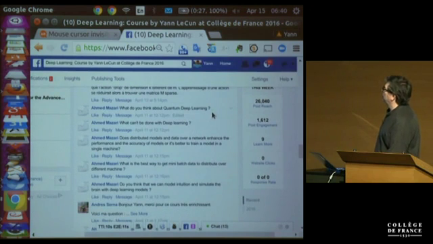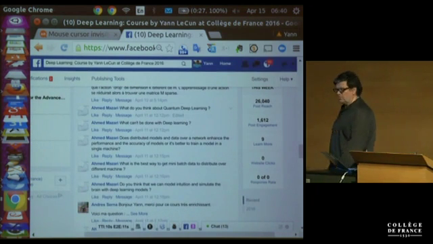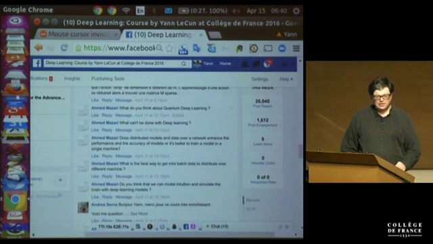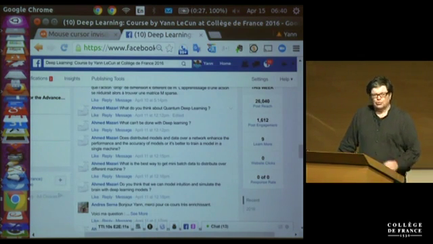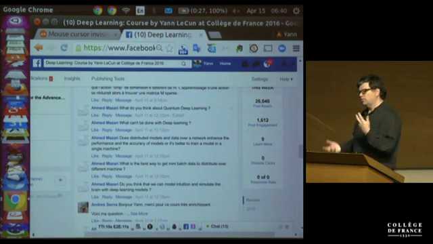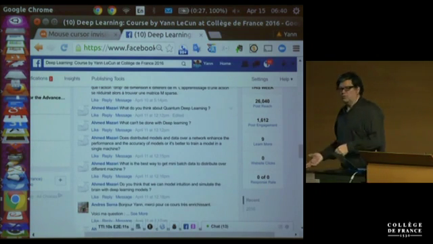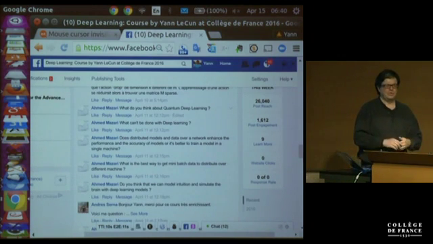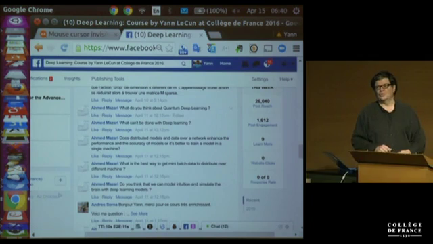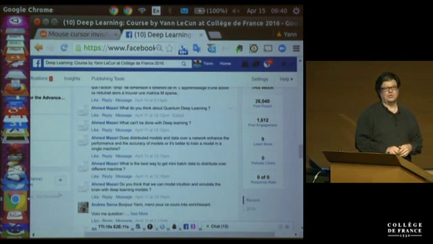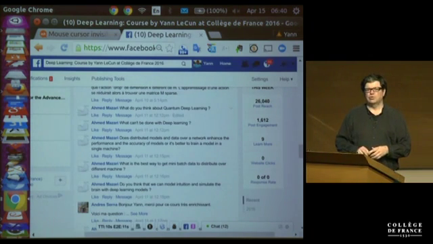Okay, what do I think about quantum deep learning? Well, quantum computing to begin with. I hear this question a lot because there are lots of speculations that quantum computing can help to solve learning problems. The best example we have is that the machines that are close to, or the closest, let's say, to being used in actual fact, are D-Wave